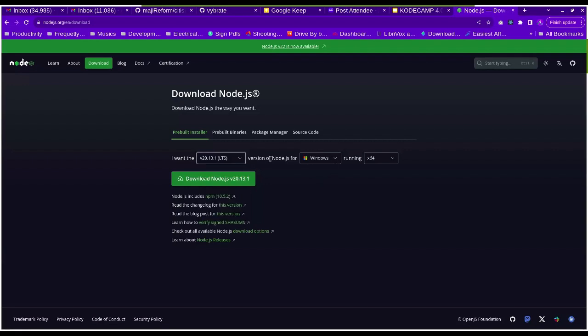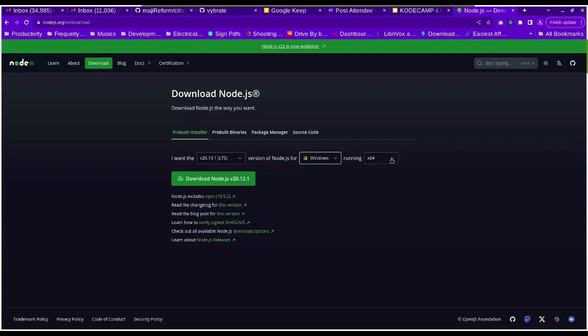Now, this other part talks about which Node.js version you're trying to download. Are you trying to download Node.js for Windows? Is it for macOS? Is it for Linux? For Linux, it's not actually allowing me to click there, so I think there's a command for Linux if you want to download for Linux. I think the command should be sudo apt install node. For people that use Linux, you'll be familiar with it.